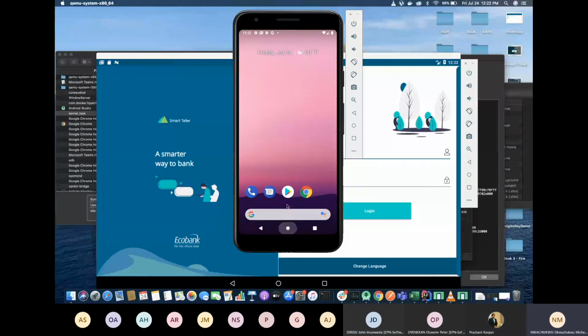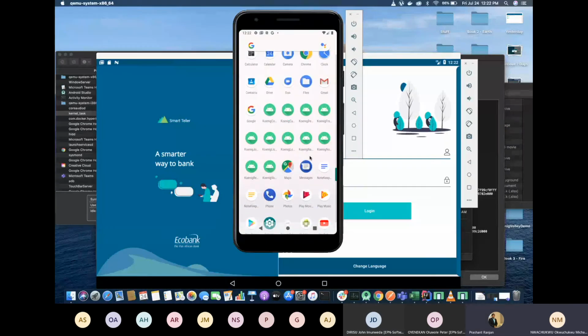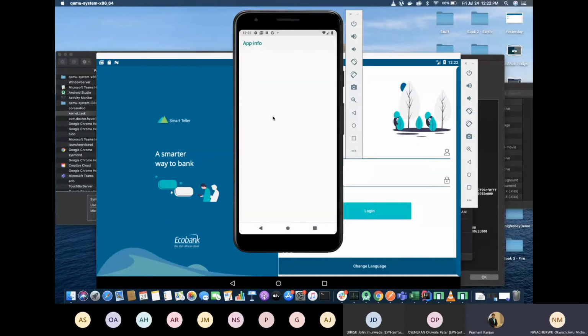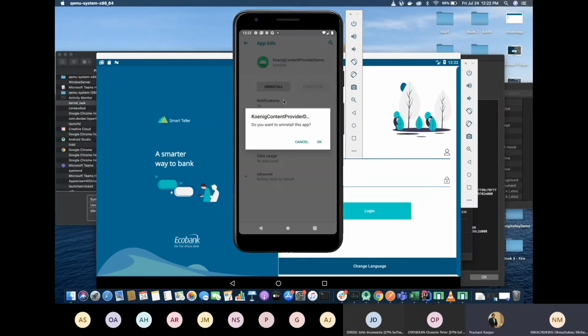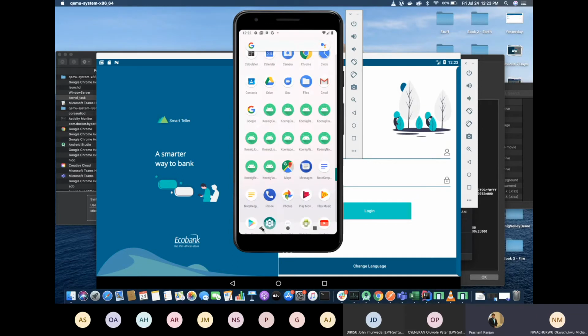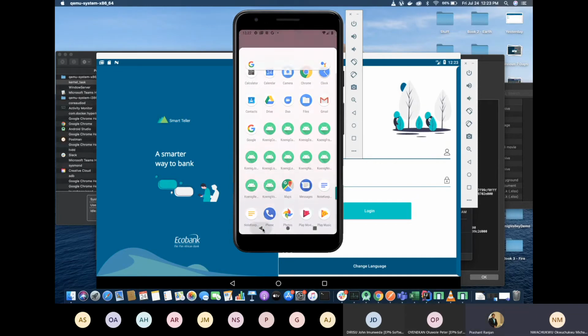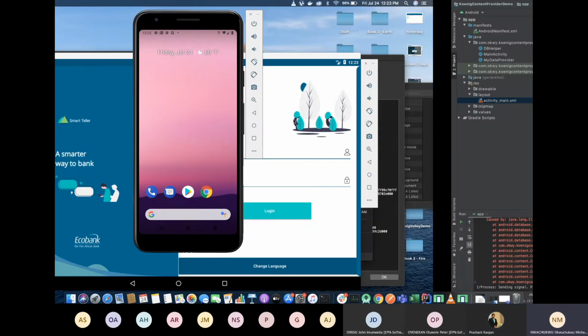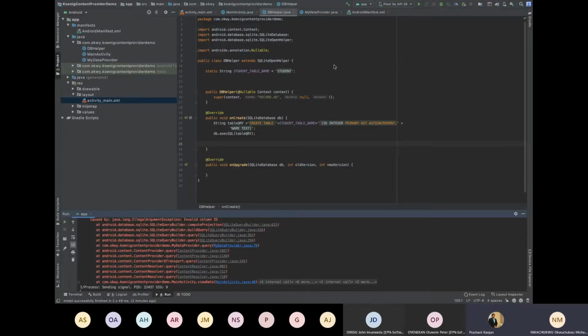So let me uninstall it then. So I've uninstalled it. Let me run it again.